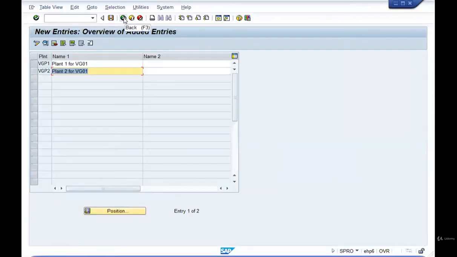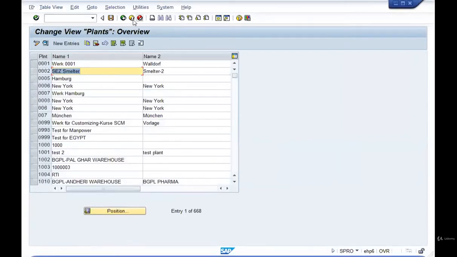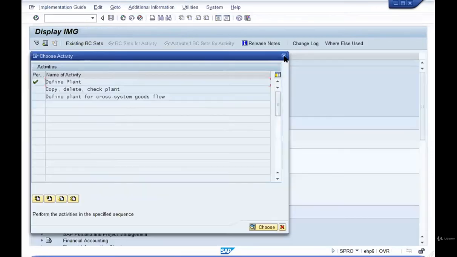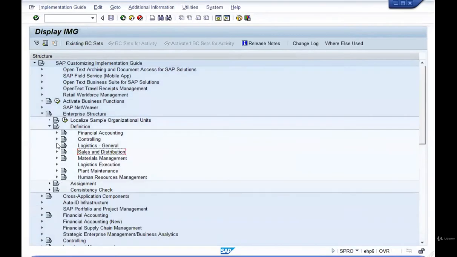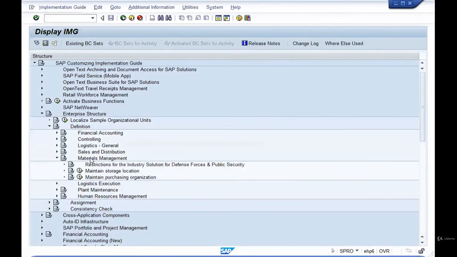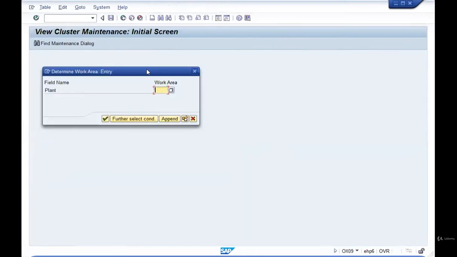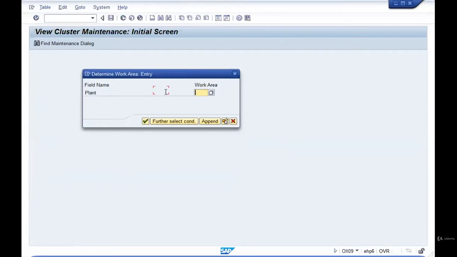Once you're done, come back, exit the screen. Next step would be to create storage location. Again, we go back to the IMG screen, enterprise structure, definition, materials management, maintain storage location. Click on execute. Now, since storage locations are in the real world physically located within the plant,